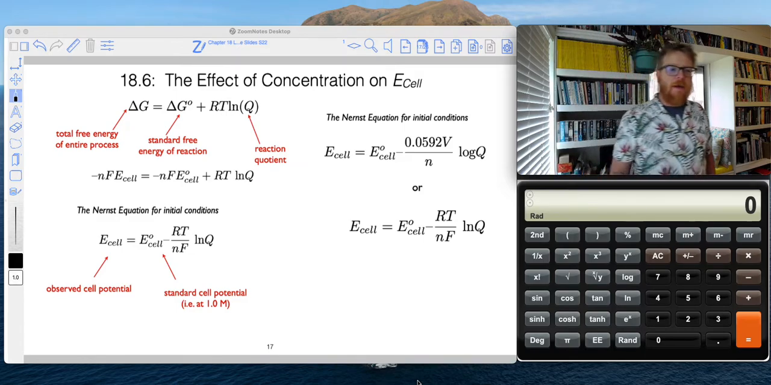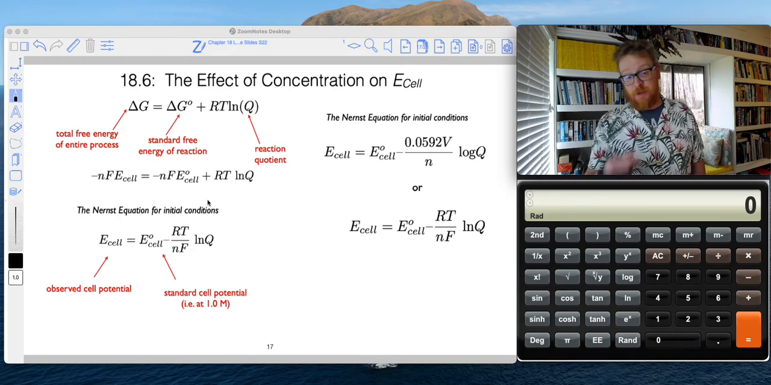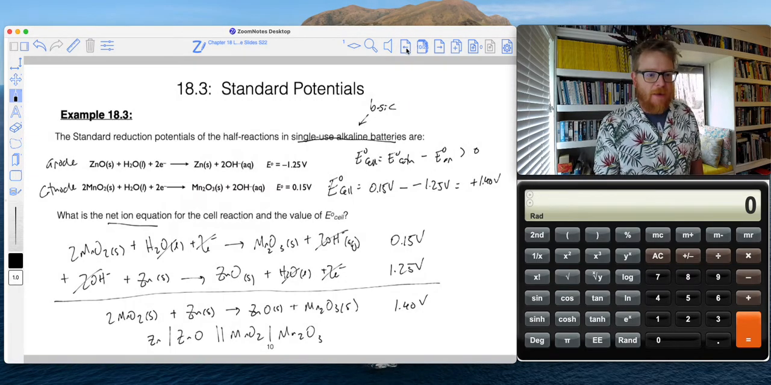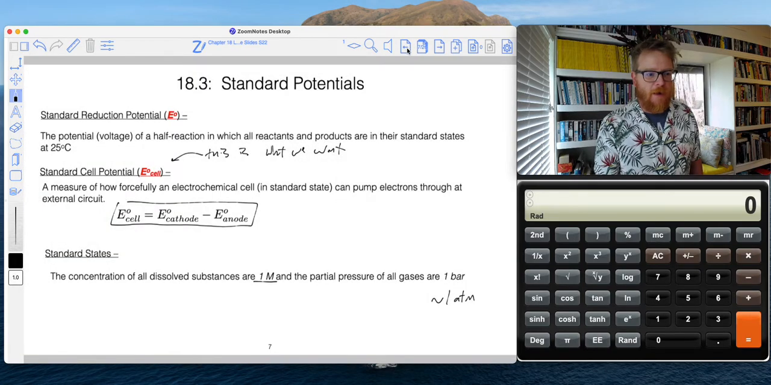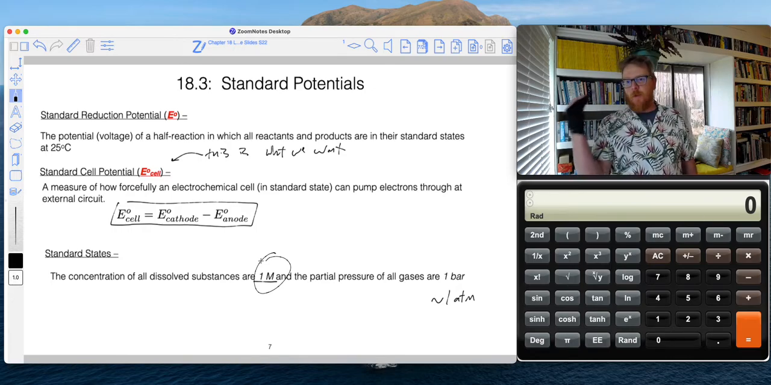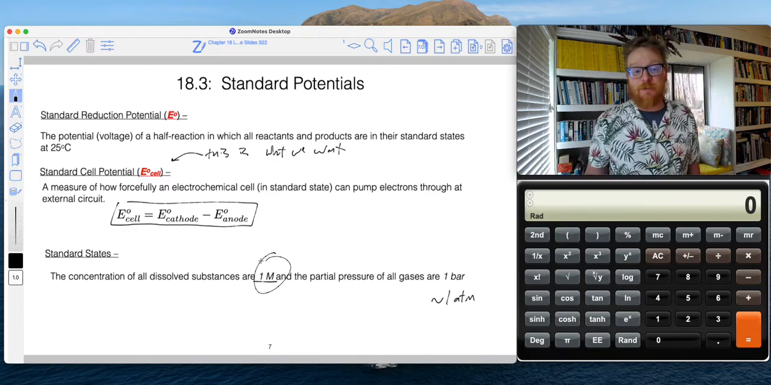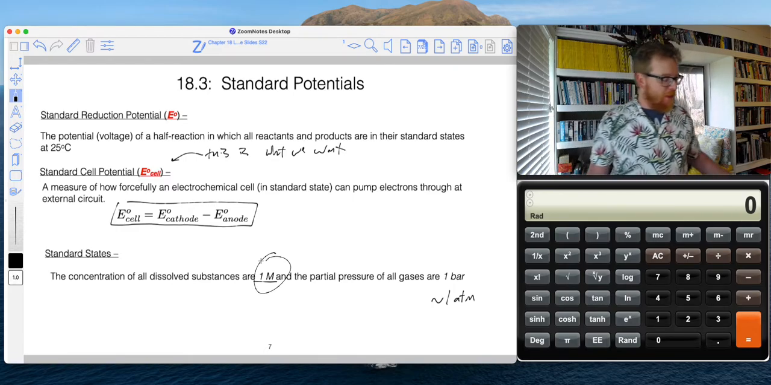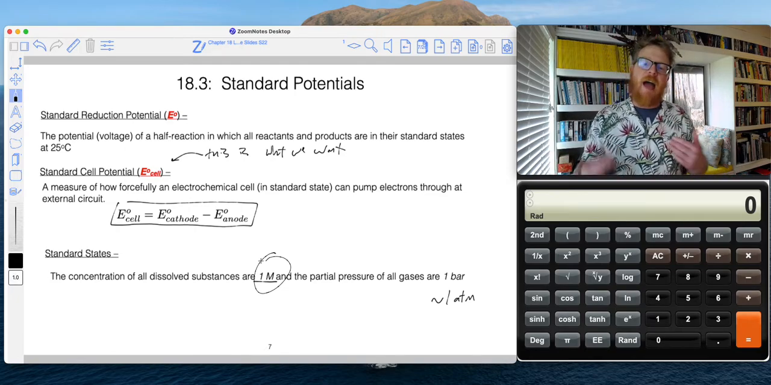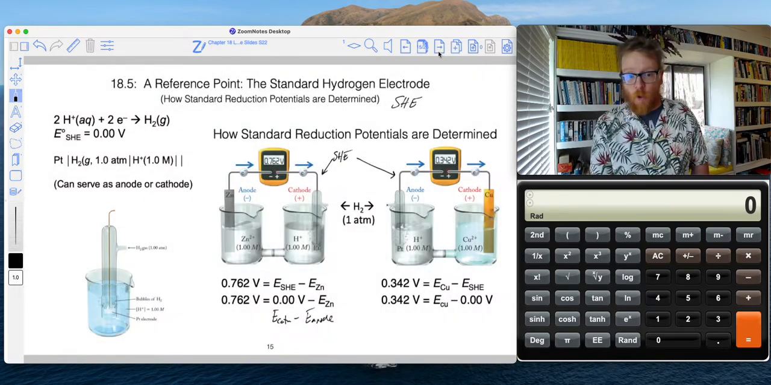Let's go. All right. So what happens when our cells are not at standard conditions? Okay. So let's back up for just one minute and I'll remind you. Standard states, 1 molar. What if we're not at 1 molar, which is pretty much all the time, right? It's very difficult to arrange these electrochemical cells to be exactly 1.00 molar. So we have to have a way of adjusting our calculations when we're not at 1 molar, which is most